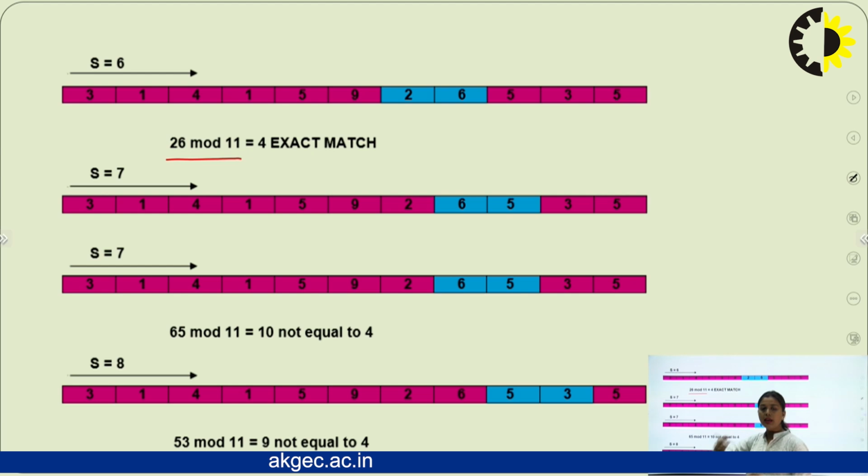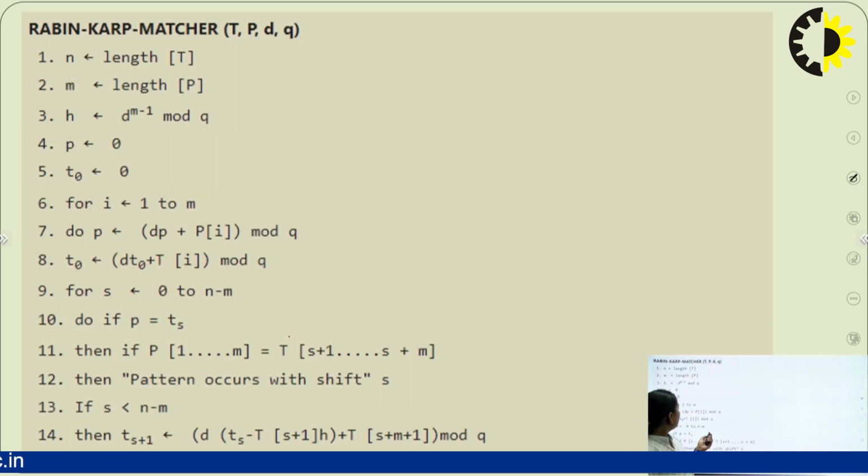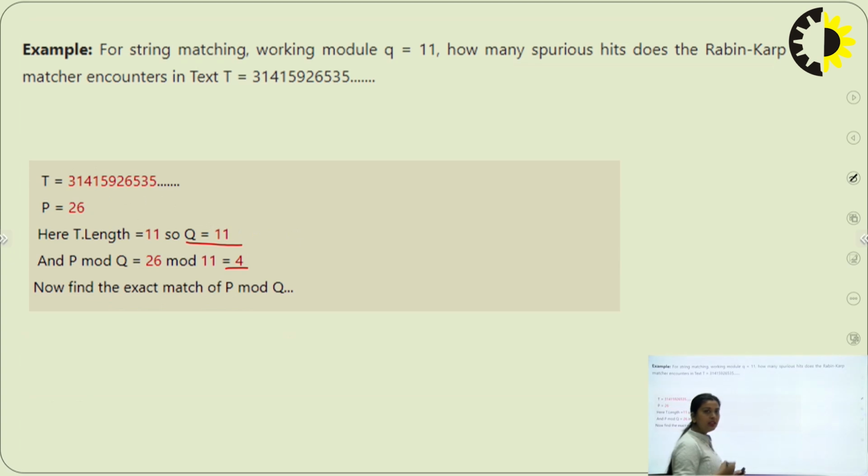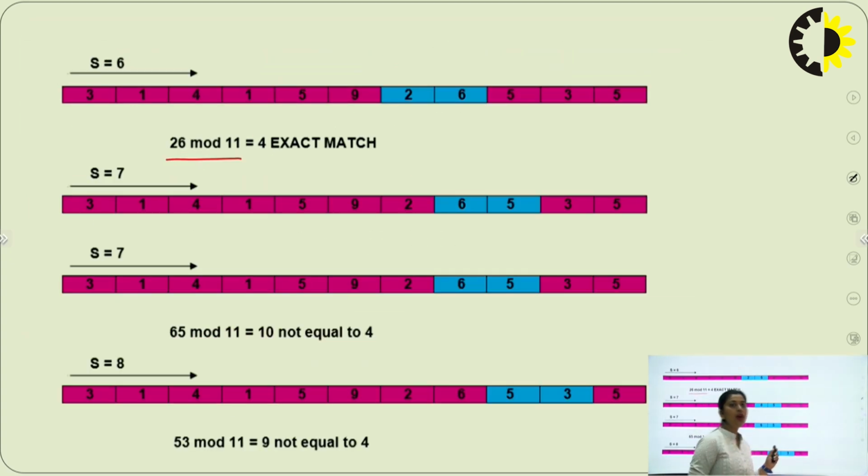Actually in the text we may get one or more than one match. So the loop, as we see in the algorithm, the loop is do, लूप हमारा कब तक चलेगा? जब तक हमारी लेंथ के बराबर है. यहां देखिए मैच हम कब तक करेंगे? when s goes from 0 to n minus m. तो लेंथ हमें पूरे लेंथ तक क्या करना होगा? हमें लूप को चलाना होगा. No matter if we got the exact match, right?